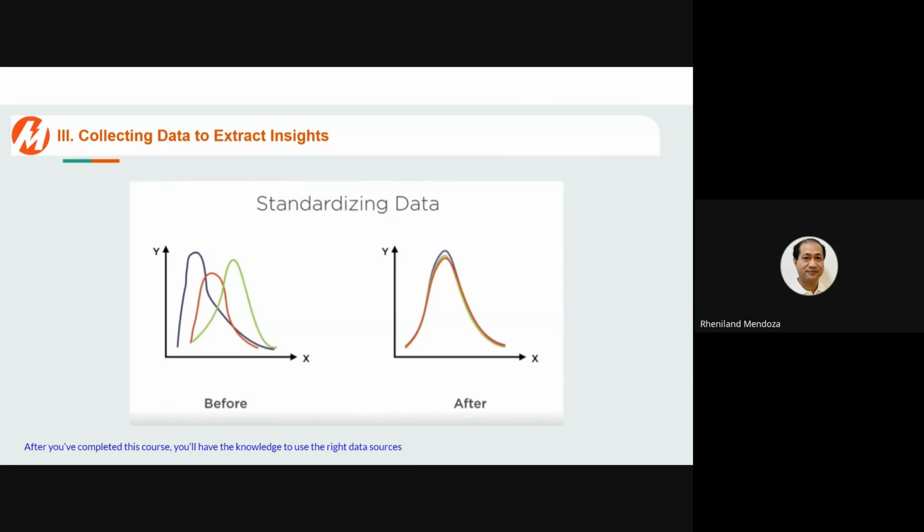So the features of your original data were distributed like the visualization you see on the left. And as you can see, the means are different and the standard deviations are different. But after you've standardized your data, all of the means will be the same, equal to 0, and data will be expressed in terms of its standard deviation.